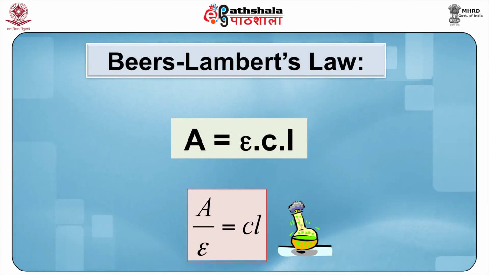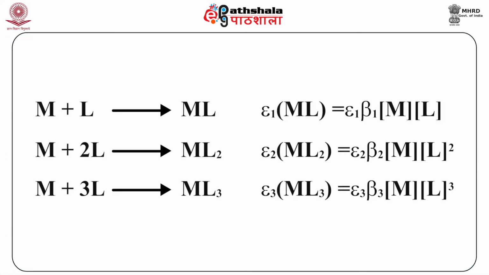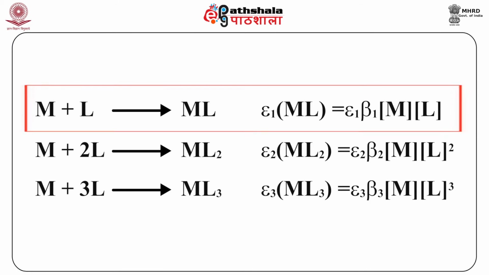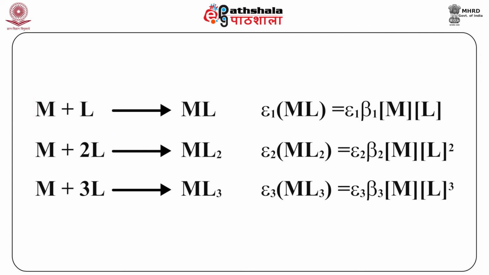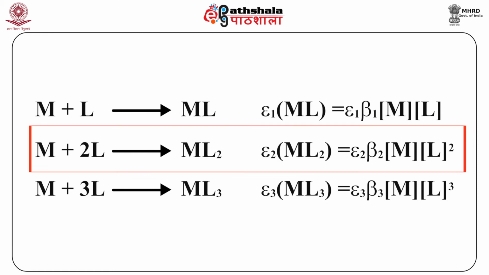On rearranging, we see that absorbance A by epsilon is equal to Cl. Since absorption is an additive property, for the system where metal M reacts with ligand L to form ML, the individual value of epsilon for ML is shown in the equation. Further, for the reaction where metal M reacts with 2 moles of ligand to form ML2, the value of epsilon 2 for the complex ML2 is given as epsilon